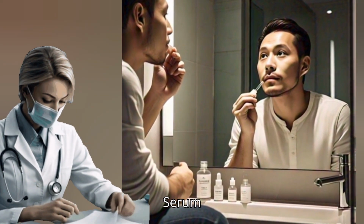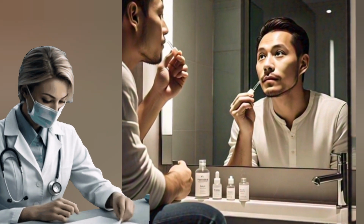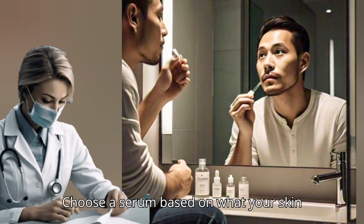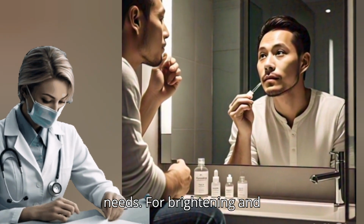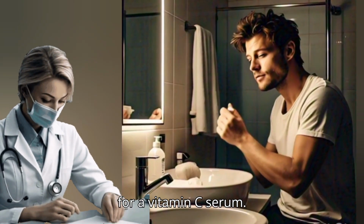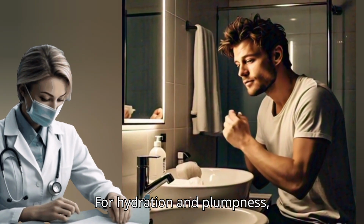Step 3. Serum. This is your treatment step. Choose a serum based on what your skin needs. For brightening and reducing dark spots, go for a vitamin C serum. For hydration and plumpness,